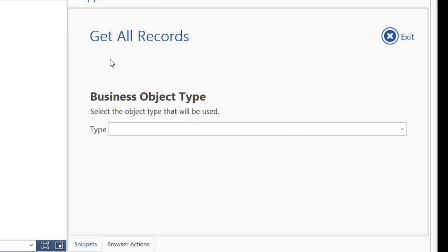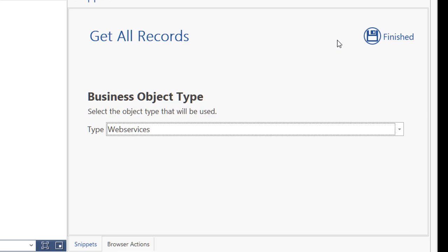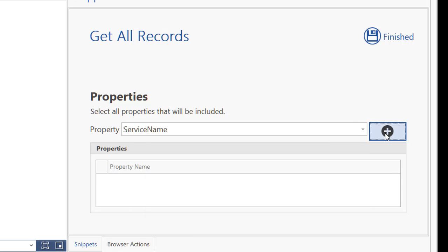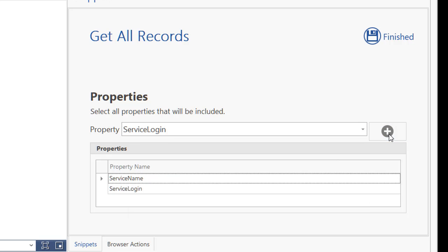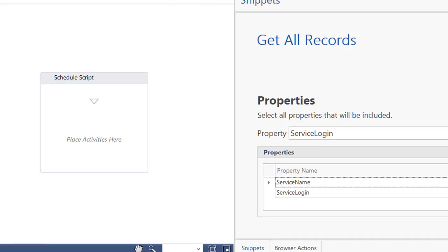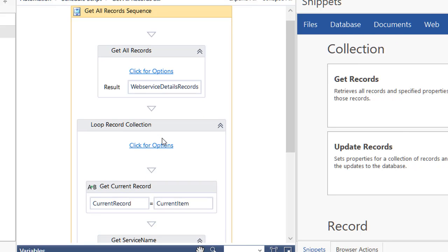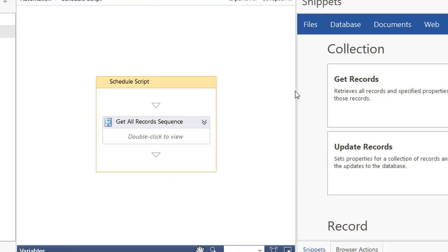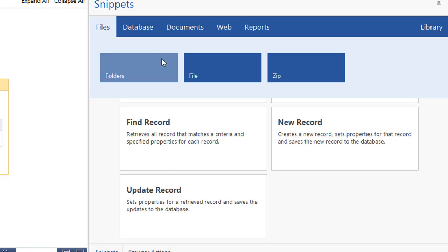and you'll have this. This is similar to how we had it before with the action builders, but it's going to be all right here. And then you can add what properties you want to retrieve. And click finished. And that'll add the code for that, as you can see. So by having this right here, you can kind of go through